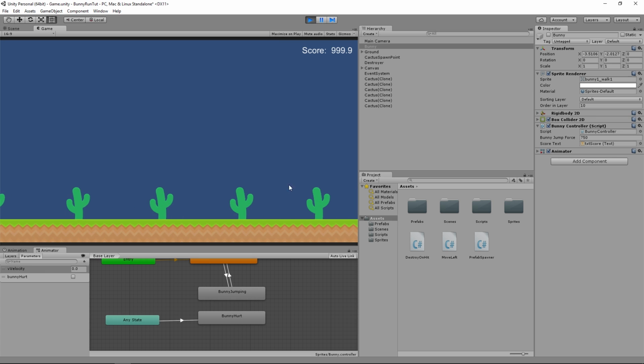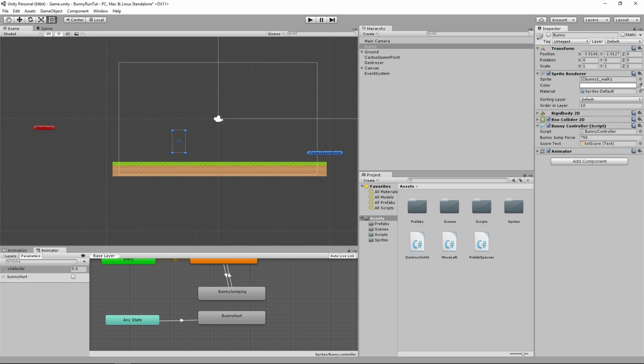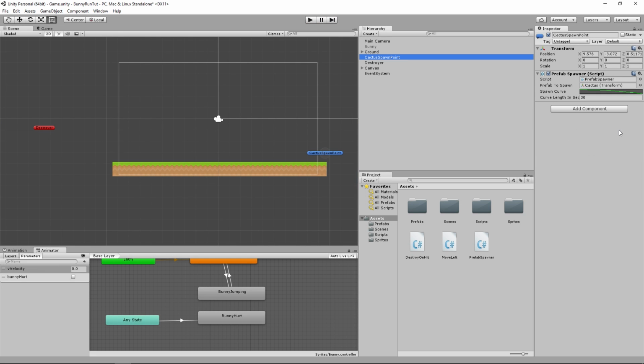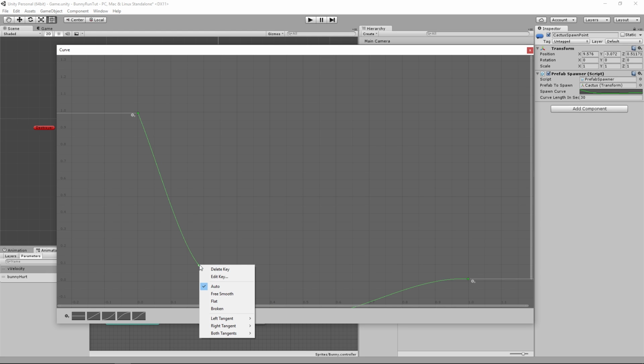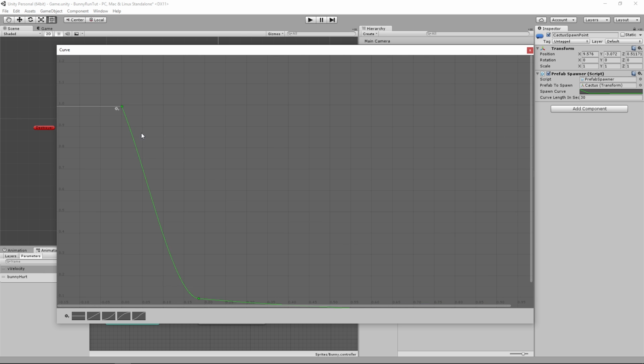Not hugely obvious, a little bit there, but we can go and adjust our curve to make that a bit more obvious. So if we go to our curve here, we're going to say it's going to start there and then drop quite quickly down to there. You can right click on one of these and change it to free smooth. That gives 2 little handles here, so we can basically do that. Alright, so it should drop quite rapidly all the way down to 1 every